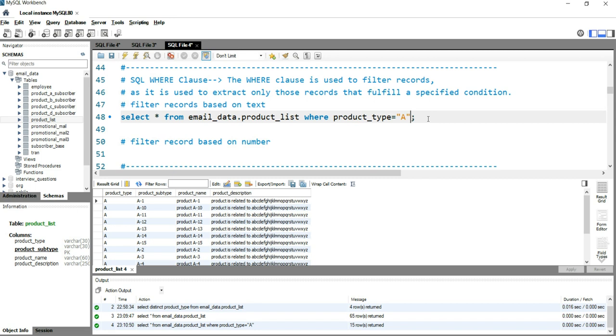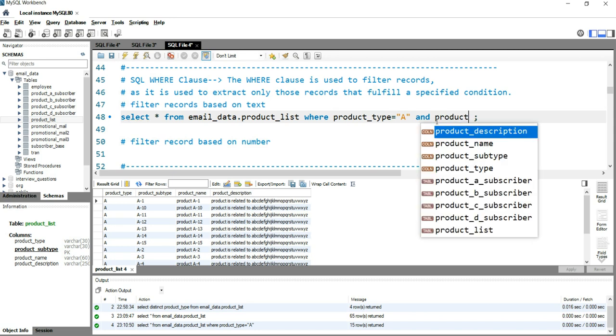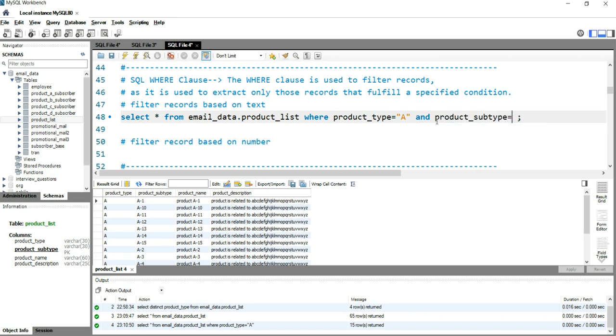I have already written where product type equal to A. Then I'll add a condition with and product subtype is equal to A12. Now this A and A12 is a text, that's why I'm putting it into quotes.